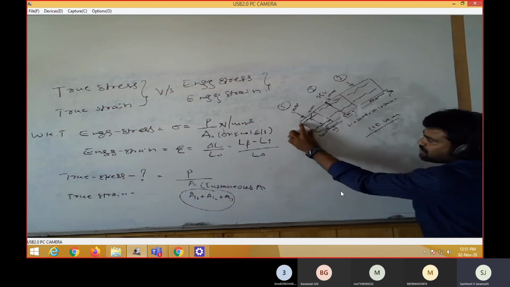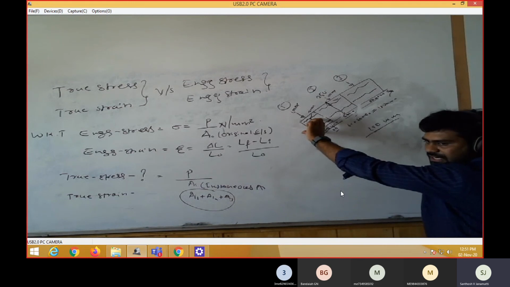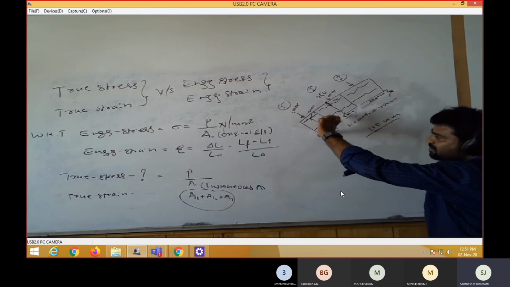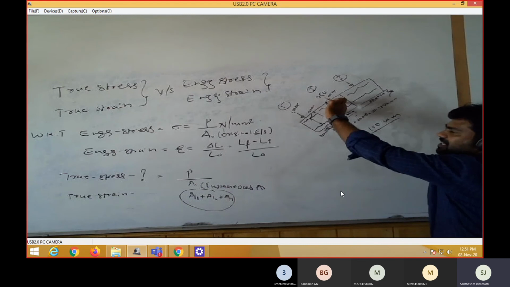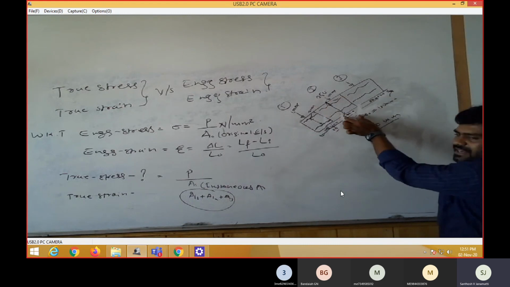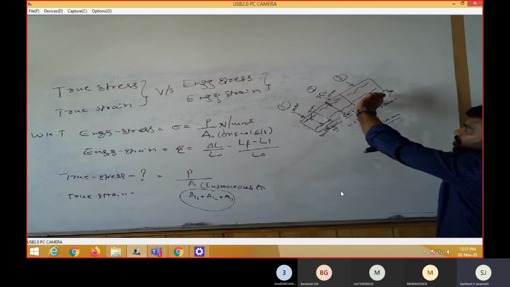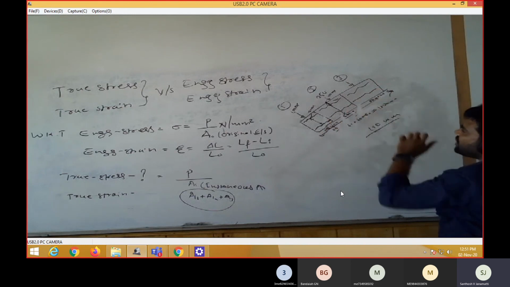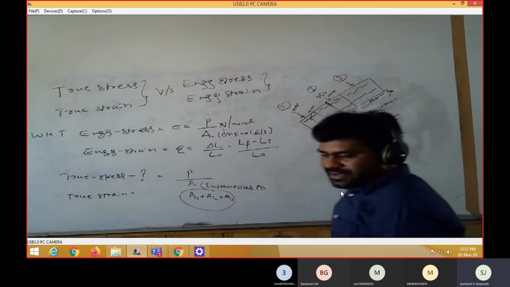As a result of the reduction in cross-sectional area, I get a change in the length, meaning an increase in length. 10 mm is increased. Similarly, I apply a second load in the second portion. Again there is a reduction in the cross-sectional area, and again 10 mm is increased. Again I apply a third instantaneous load, with reduction in cross-sectional area, and again 10 mm is increased. Total 60 plus 60 plus 60, 180. Now the overall length increase is 180 mm. So this is the same, I can take it.